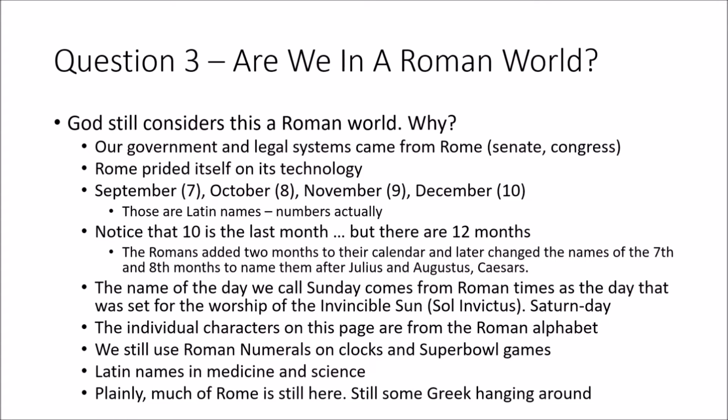Another interesting characteristic that carries on down to us is that Rome prided itself on its technology. Now, its technology wasn't like ours, but they did things like aqueducts, which were very novel for that time. They piped water all over the place to make sure that they had water where they needed it, and they were very proud of that. And that was part of the reason that they had trouble with the Jews rejecting them, is that they saw the Jews as rejecting all this wonderful technology and wisdom that they had, and they saw the Jews as being stupid for doing that.